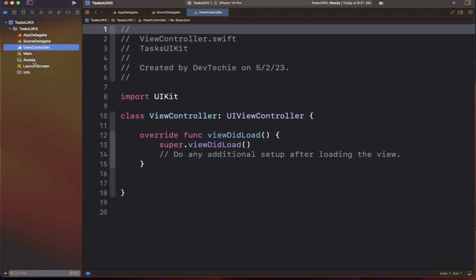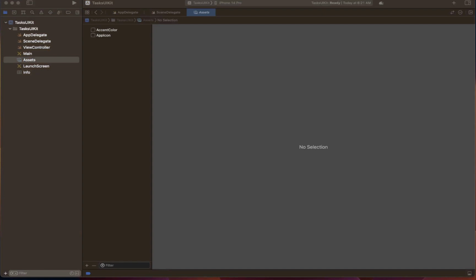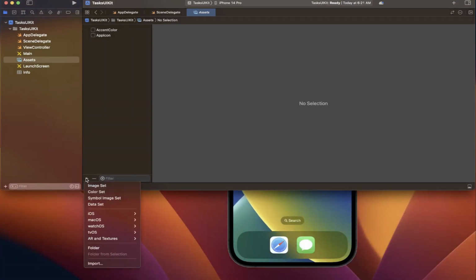And then you have your assets, where your static assets are located. Essentially your files, your colors, your images, like image files, and like several other properties. So you can see the full set by basically clicking on this plus, and let me just do this. Okay, so these are all the things that you can do. For example, you can have image set, color set, symbol set, data set, and you can have different targets basically for iOS, Mac, Watch, and AR extensions and stuff like that. You can create your folders, you can import pretty much all these things in as well. Okay, all right,